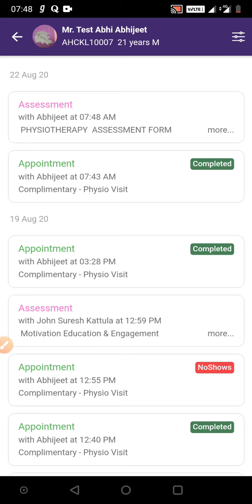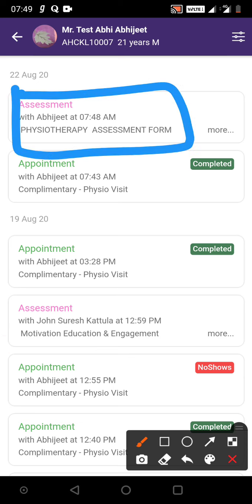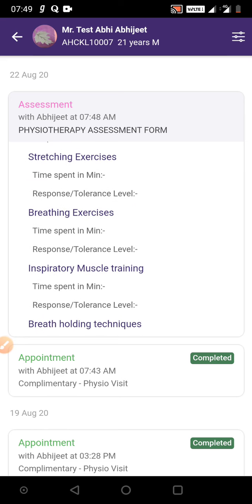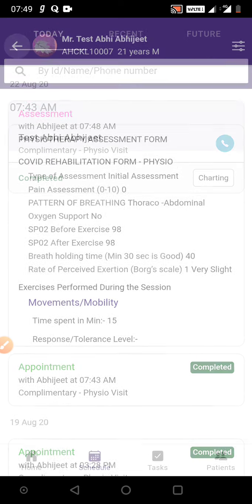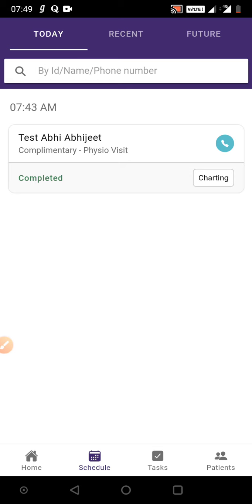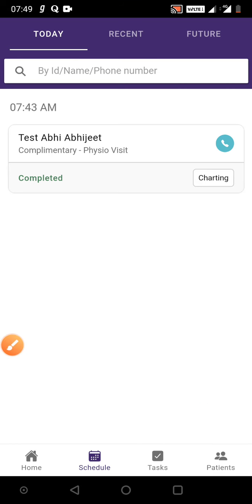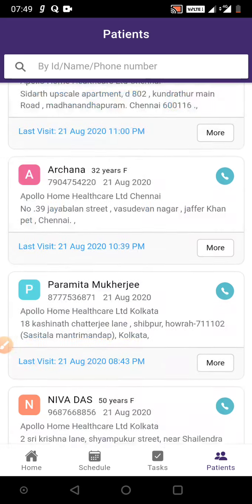You get the complete details. Here you can see the form which I have filled is visible. This is to just cross verify. Okay. So this is the form which I have filled in. So this is how you do the check-in, fill the form, and check out. Okay. And whatever patients you have completed, you can see it in the below patients here. You will be able to see the list of all patients which you have completed.